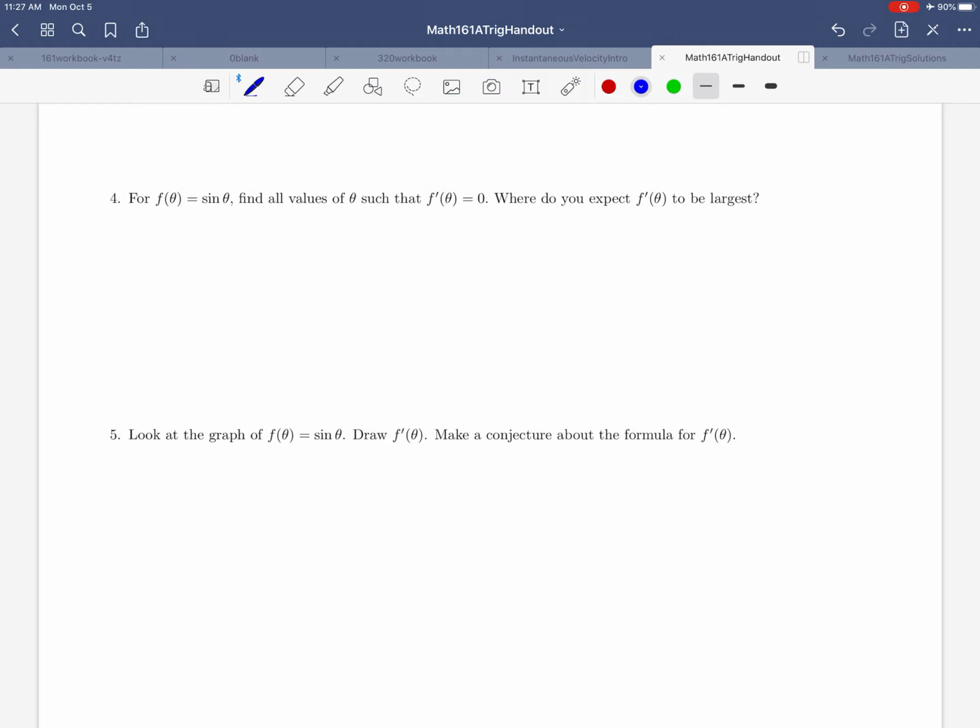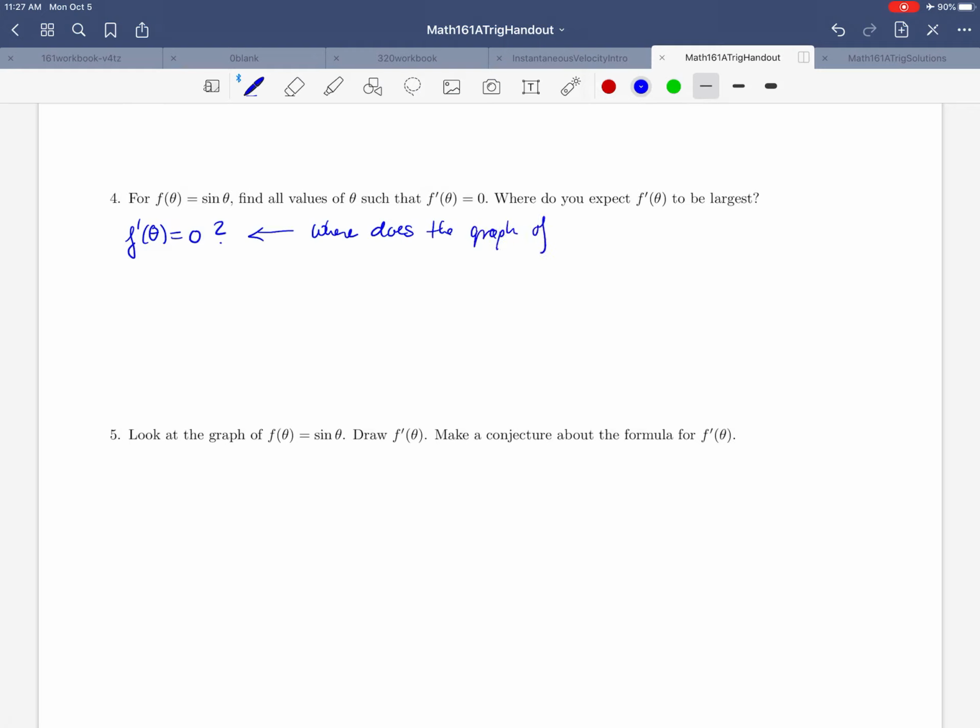So let's go and look at our graph, because remember that we want to know where f prime of theta is equal to 0, and derivatives have something to do with slopes of the function and slopes of the tangent line. So this is another way of asking,